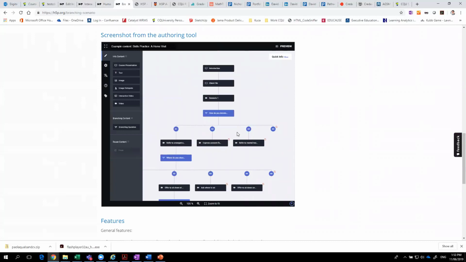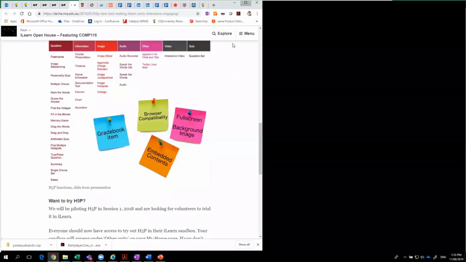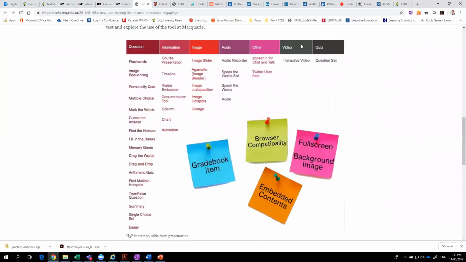Again, I'm sure you've come across that with other tools like Lectora, for example, but this is another way of building it straight into the browser, straight into Moodle, no SCORM packages, a lot lighter, and with a much less steep learning curve. What I wanted to point out quickly is something I borrowed from another university where they've done a pilot. There's a very neat way of representing the types of activities.